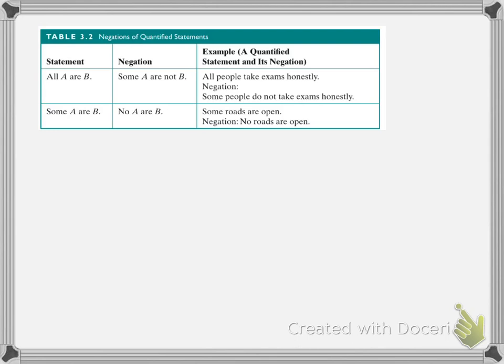This is a great example here. This is a summary table of how to negate different types of statements. So starting with this one, all A are B can be negated as this, some A are not B. So if I say all ravens are black, the way I negate that or prove it wrong is to say some ravens are not black, right? That's the opposite. You know, that proves the first statement wrong. I could also go the other direction. If I gave you the statement, some ravens are not black, you could negate it by saying all ravens are black. So these arrows go both ways, folks. You can negate,